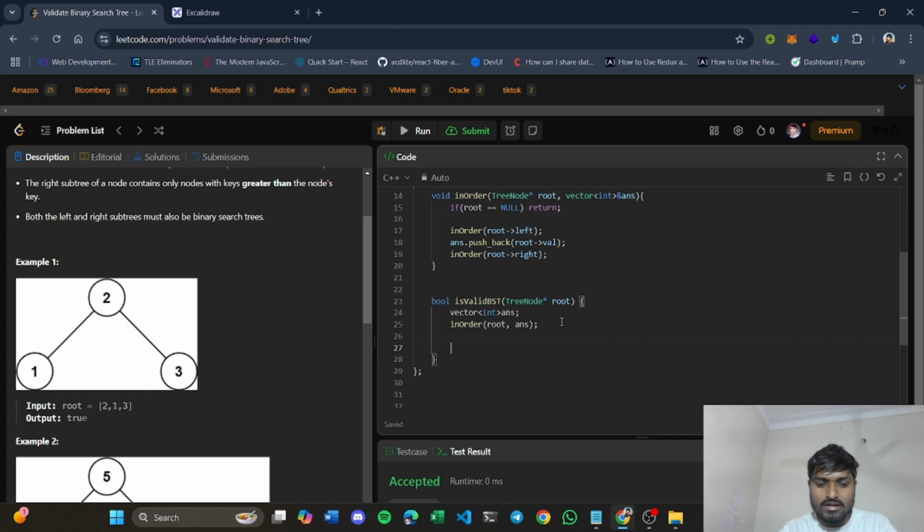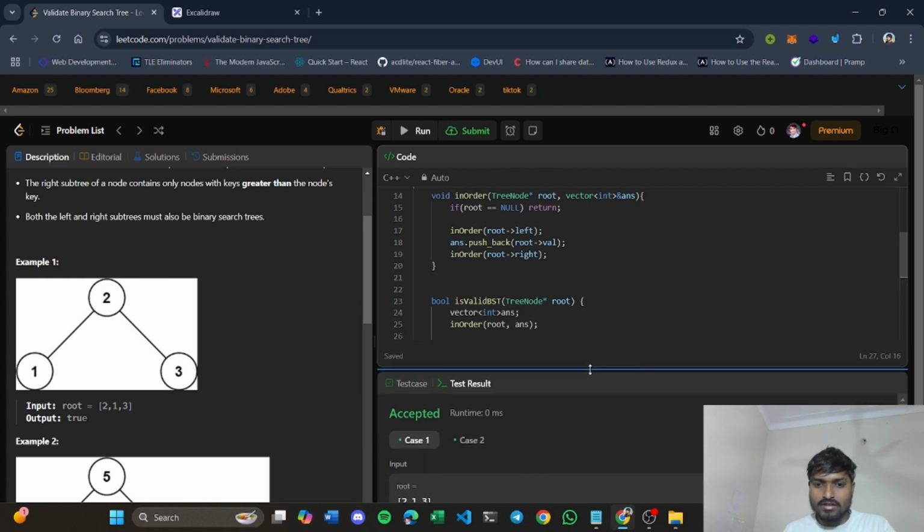You can use the STL function in C++ that is sorted. It will return true if the vector is sorted, or it will return false if it is not sorted, right? So you have to pass it here. If it is sorted, it will be true, otherwise it will be false. So basically we have to return that value, either true or false.